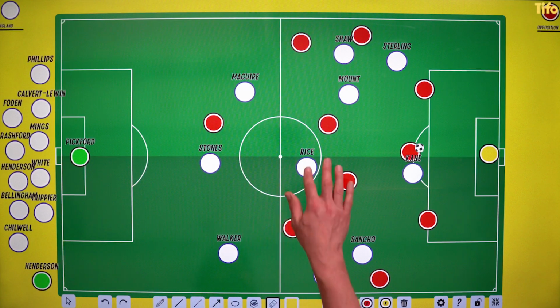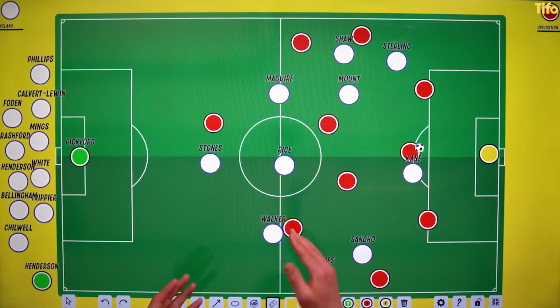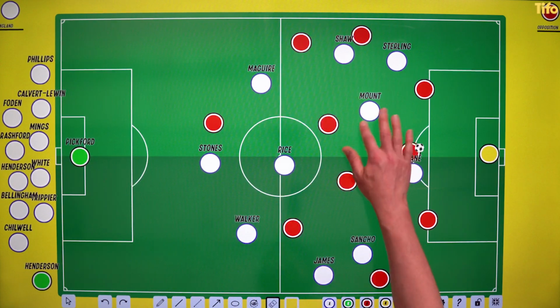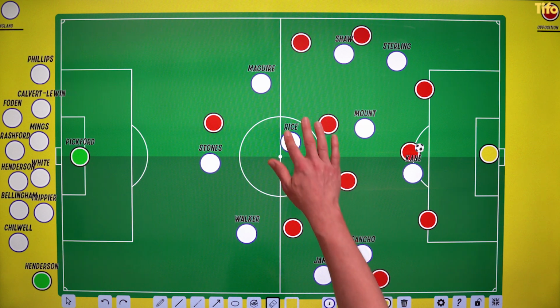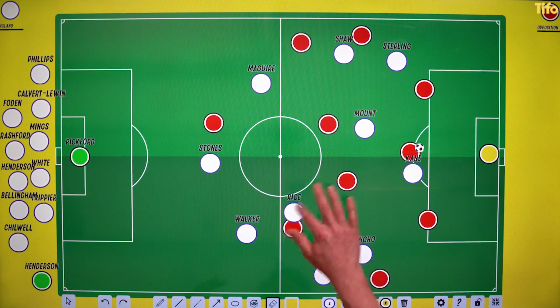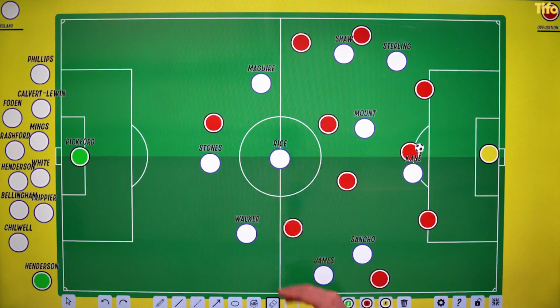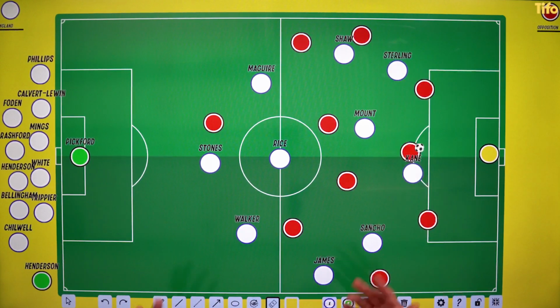You would expect Rice to be assisted with these players tucking inside, because again, otherwise, if Mount is up here, Declan Rice is once more going to be isolated. And I do think that's an area that England need to be quite cautious of. Although Rice is an excellent player and a dogged defender, he will possibly take on quite a lot of work. And if he's attracted to the ball too much and vacates the central position, England are going to be quite porous through the middle. But otherwise, the system will largely work the same kind of way.